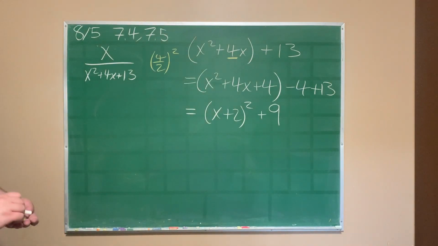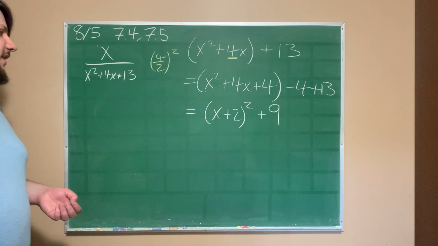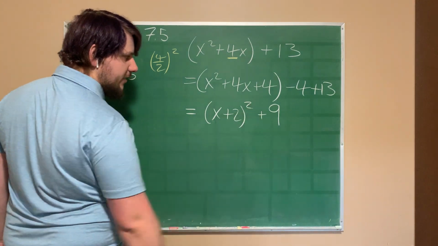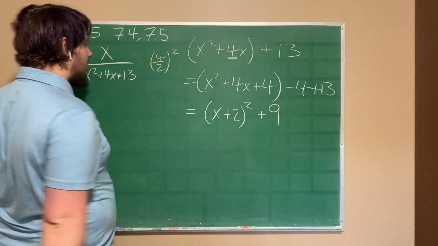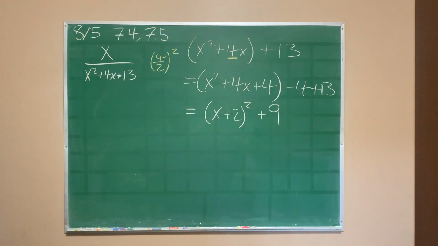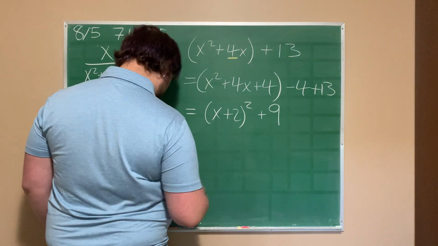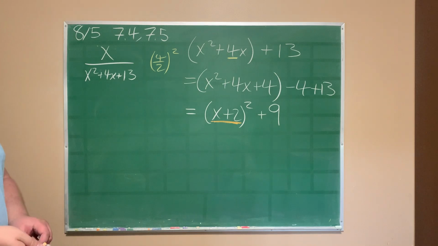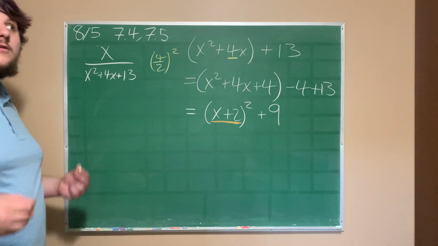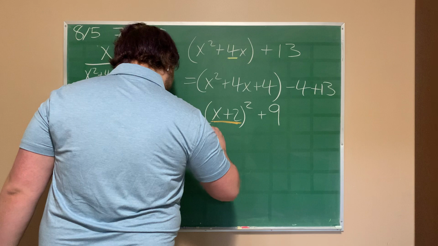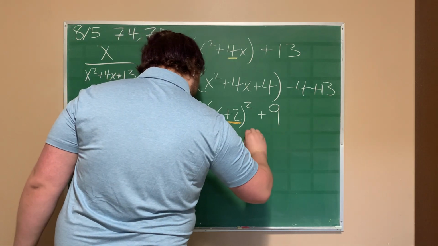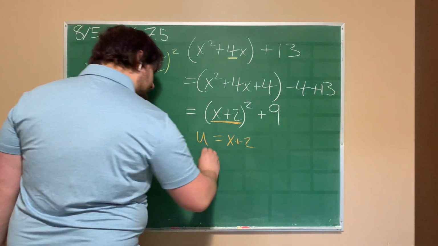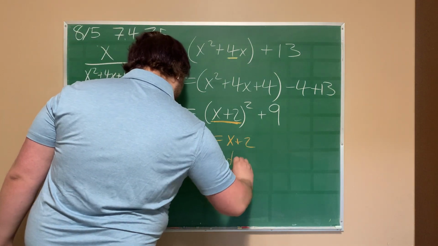So now, if I look at what I've got here, I've got an expression using our variable x that's being squared, and then added to that, I have a constant, which is essentially what I need, except that I want this x plus 2 to be just a single variable. So in order to make that happen, I assign a new variable to be equal to x plus 2. Call it u. Now du is just dx in this case,